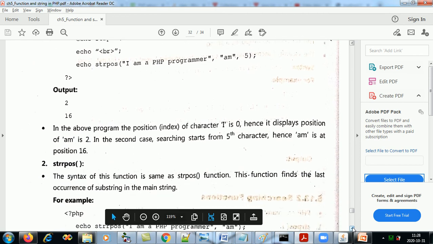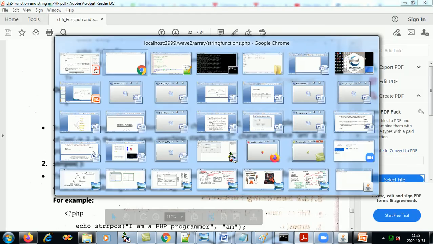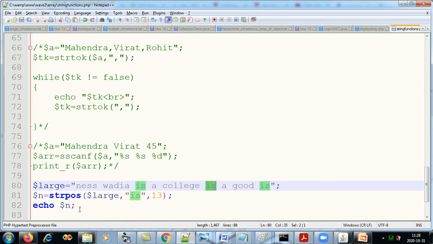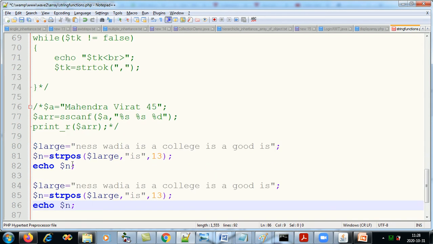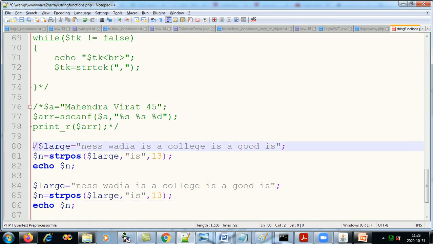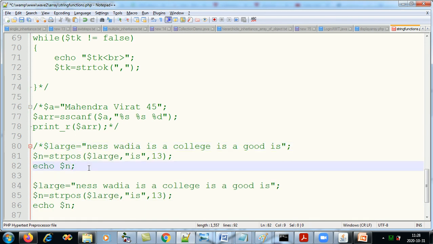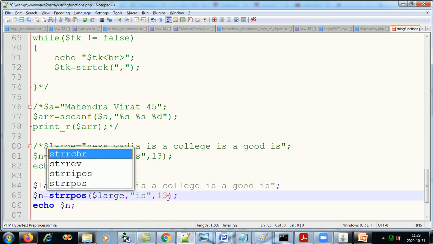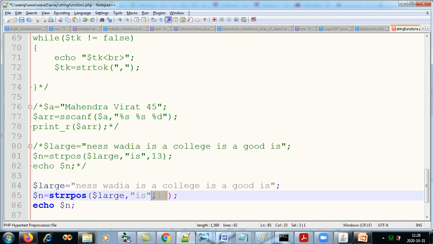Okay, if you want to search for the last occurrence, so this was the first occurrence, you just add an extra r, and that will give you the last occurrence. So if I don't give anything, what is the last occurrence of "is"?